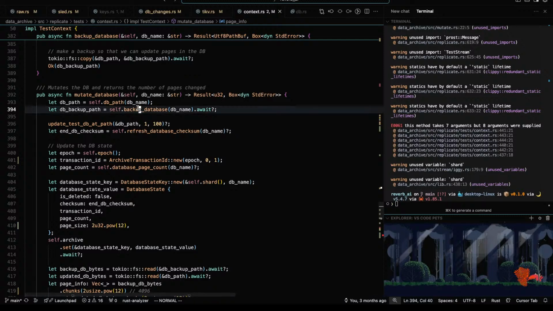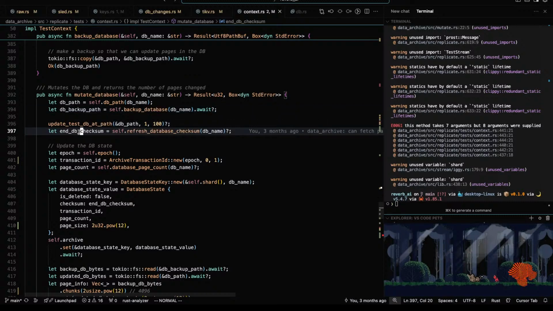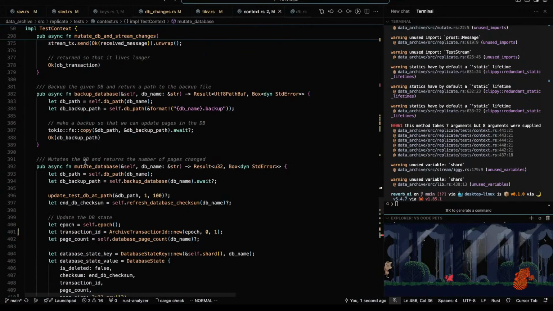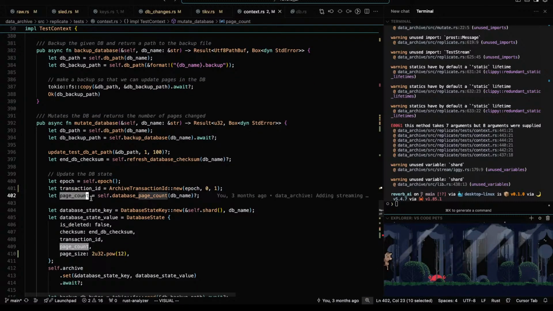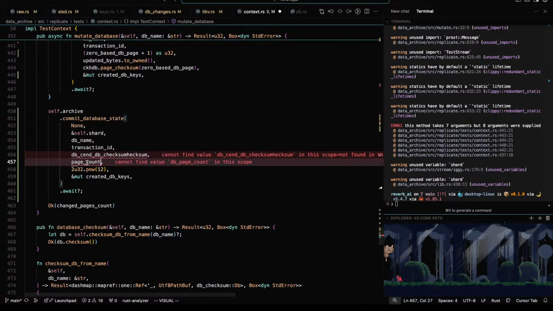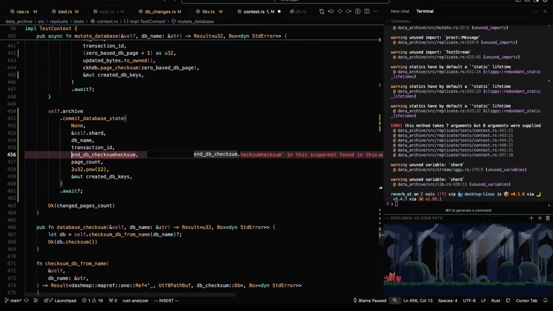Where are we doing the mutations? We have backup database. Oh, here it is. Update test DB up path. Refresh database checksum. So this is the correct checksum. Database page count. Okay, just page count. Oh dear.